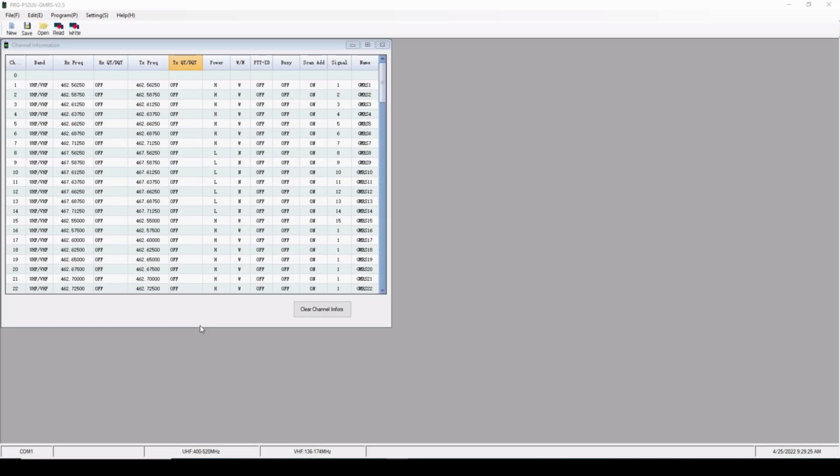Let's take a quick look at a couple of radio CPS channel displays. So here's the channel display for the UV9G handheld GMRS radio. And so you can see these are all there. You can't really make any changes to these. They come with the CTCSS codes off, but you can make changes using the drop-down boxes, going through the various CTCSS codes and the DCS codes, and you just select them. You can also make changes to the transmit CTCSS. You can add them to your scan list and so forth, and they have a name, as you'll notice here,